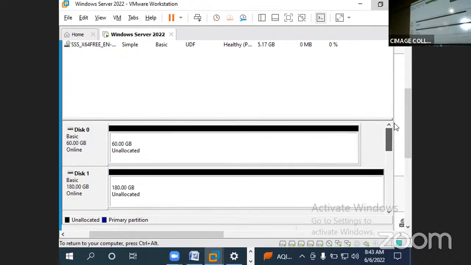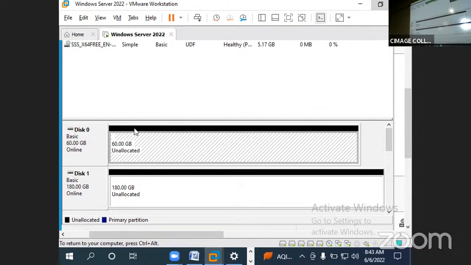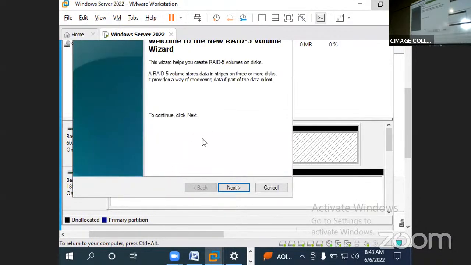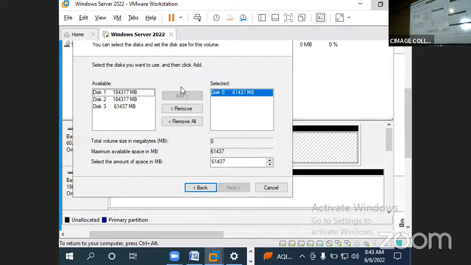Okay. Now, right click, RAID 5. See, a RAID 5 volume stores data in stripes on 3 or more disks. It provides a way of recovering data if a part of data is lost. Fine. So next, 60 GB first hard disk, second hard disk, again 60 GB. It will take equal space from different disks. Okay. Now next,